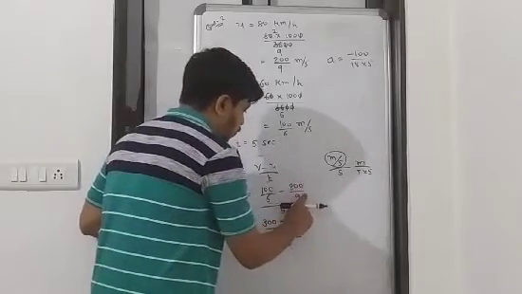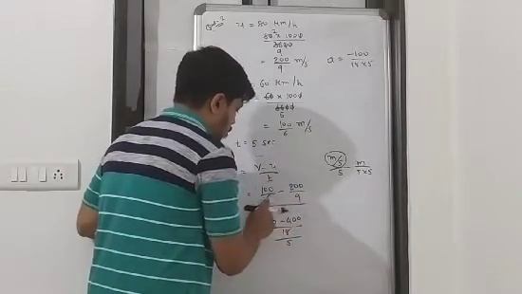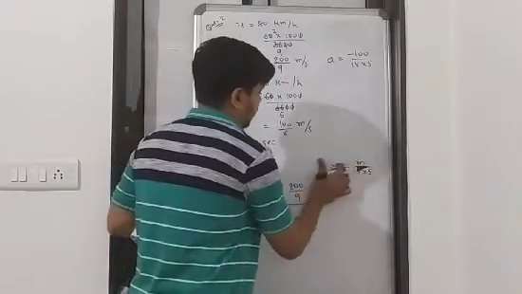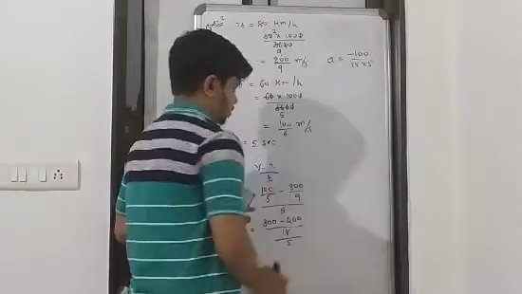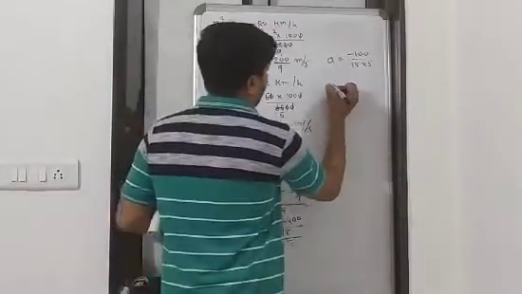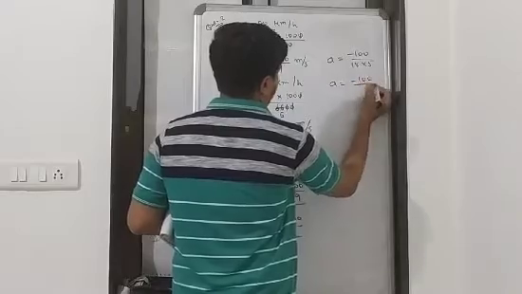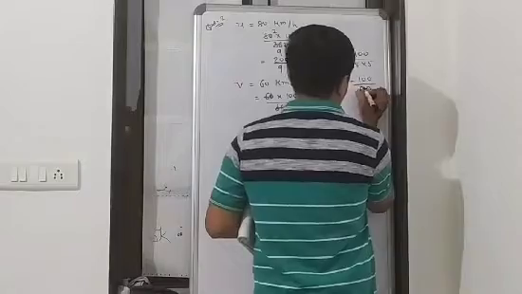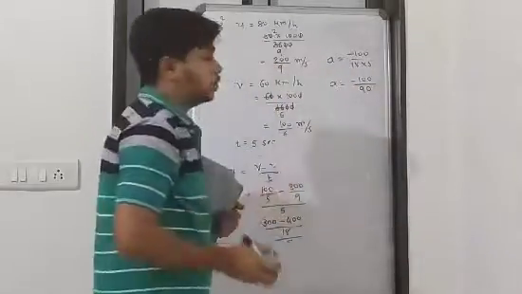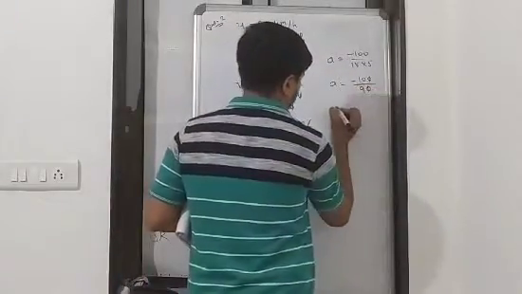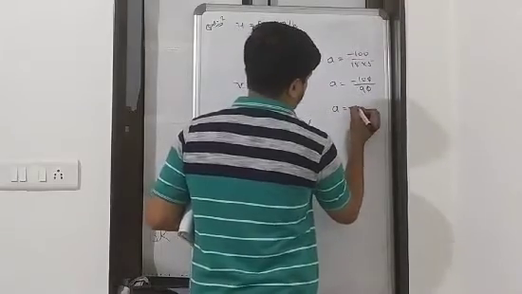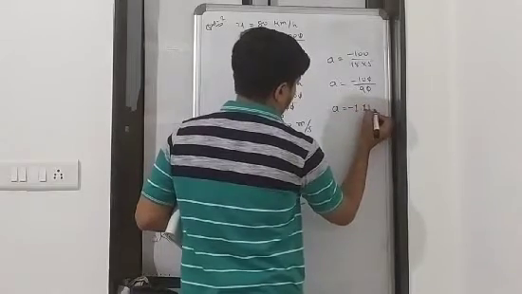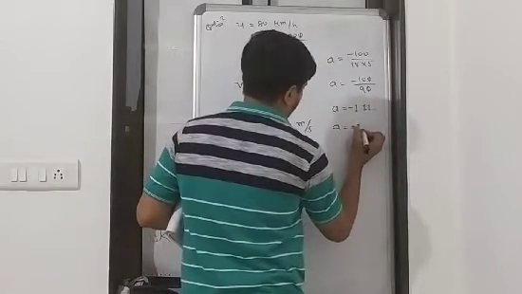So whenever you do this type of sum, you have to take the multiplication of this one, 18 into 5. Understand? So here a is equal to minus 100 over 90. The zeros cancel. So a is equal to minus 1.11